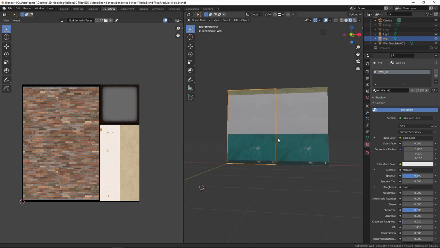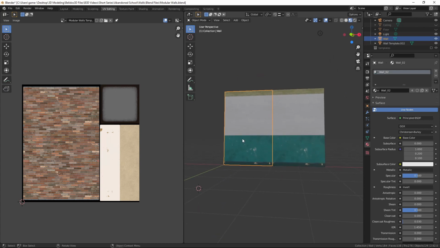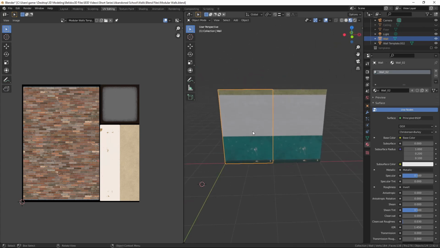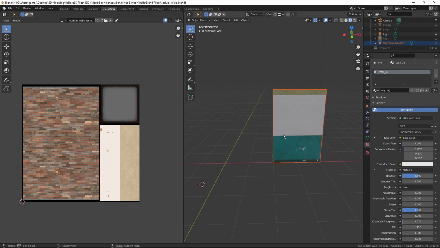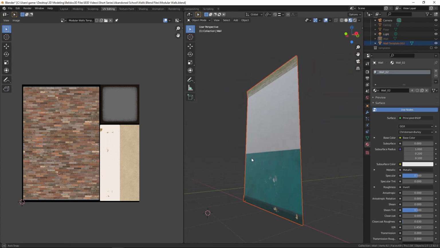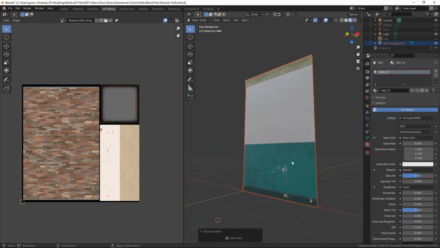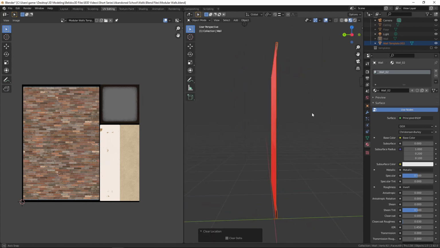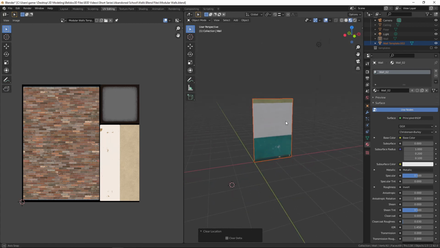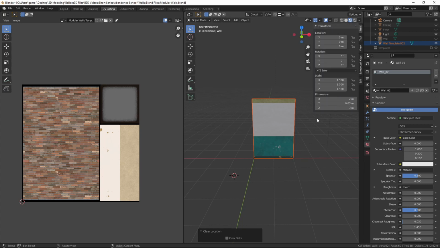Right, so we now have two walls, and this is our main wall, and again I'm going to hide that one for now. We don't need that. And this is a duplicate of that wall. Let's press Ctrl G, move that back to the center and focus in on it. And what we're going to do on this one, I'm going to create a door, but I need to know it's the right size. Now I can take measurements and put in measurements and do it to real world scale,